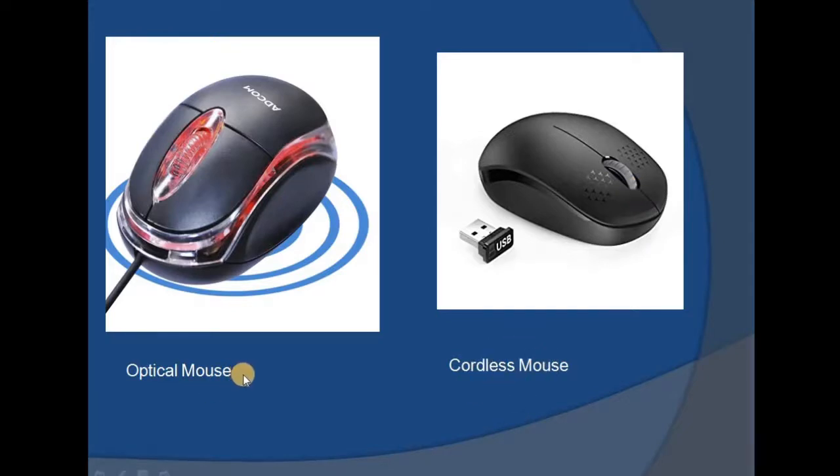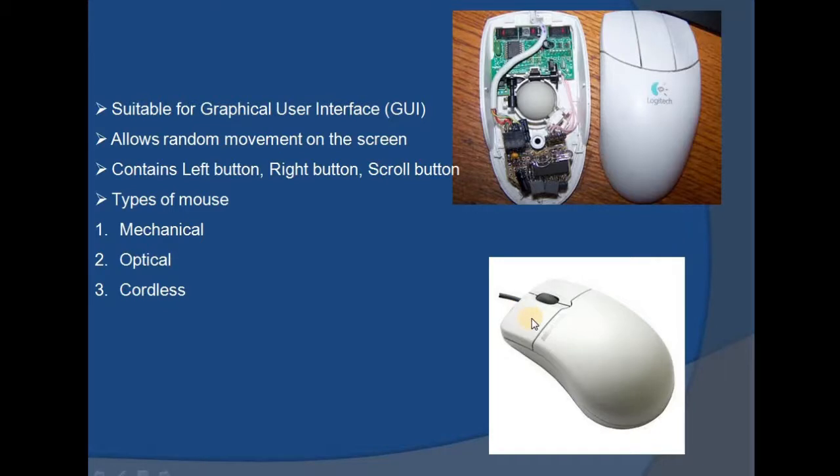One more thing we need to discuss is that the mouse has a scroll button, where you can scroll the options, or scroll around the document. The important things to remember are left click, right click, and the scroll button. When you want to move the position of the mouse, you just move it on the surface. It is a pointing device, so it has a pointing option, where it can point.